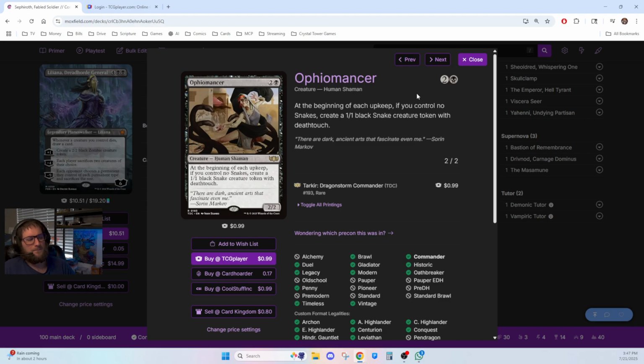I almost said Oppenheimer for this, but that, you know, going back to reading magic cards correctly, Ophiomancer. At the beginning of each upkeep, if you control no snakes, create a 1/1 black snake creature token with deathtouch. This is particularly good if you're already